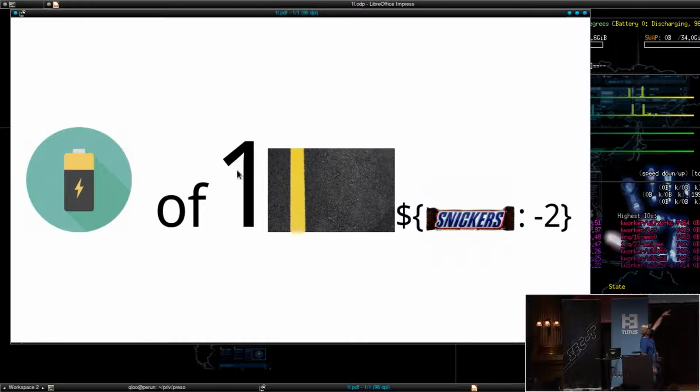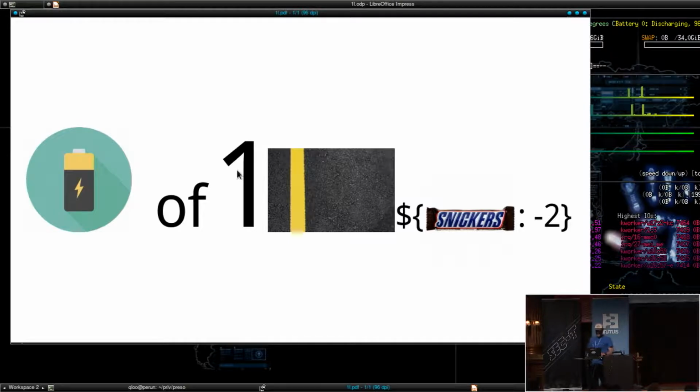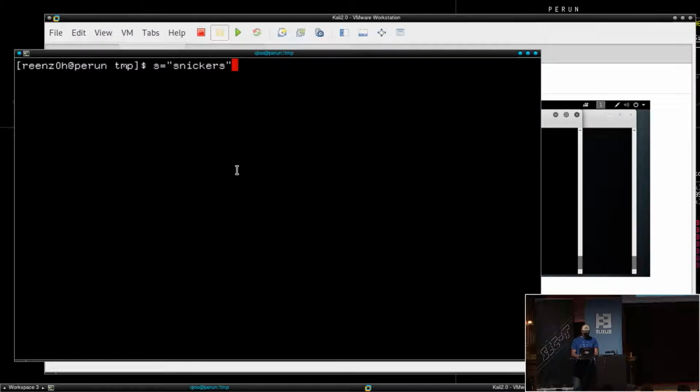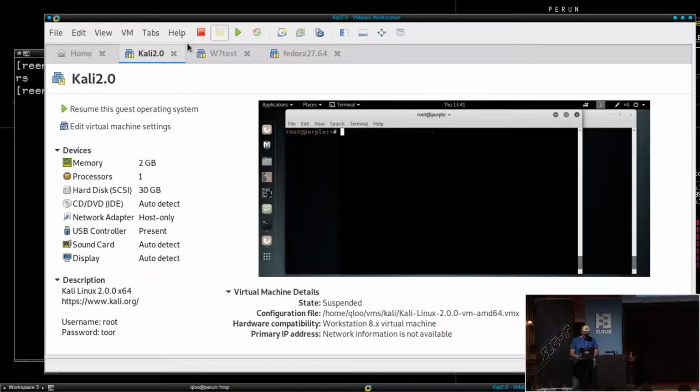That's power one line, and ER comes from this weird bash variable. So that's the explanation for the last piece. Okay, I'm gonna start it up.